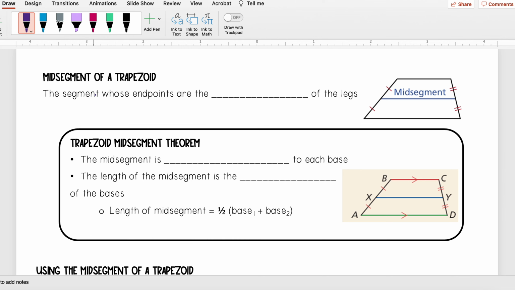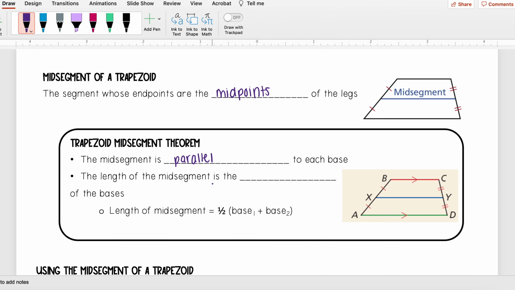First, the mid-segment of a trapezoid is the segment whose endpoints are the midpoints of the legs. Here's an example of a mid-segment. It is going right in the middle of my trapezoid, and I see it's at the midpoint because it's cutting my legs in half. The trapezoid mid-segment theorem tells us that the mid-segment is parallel to each base,